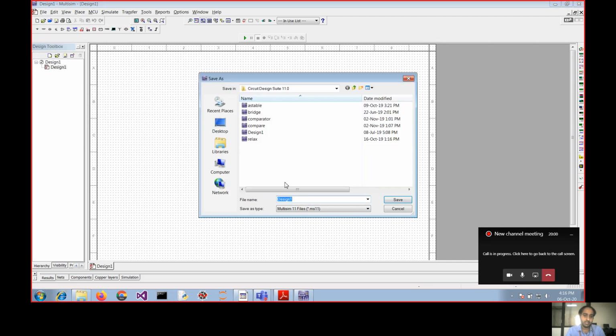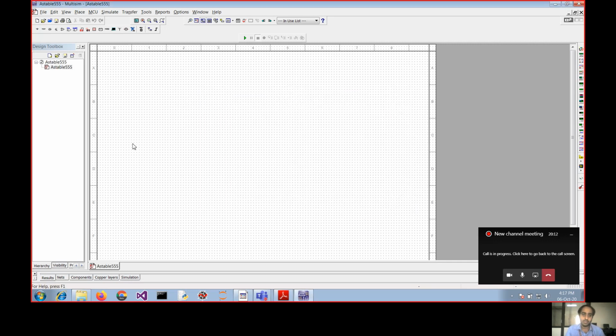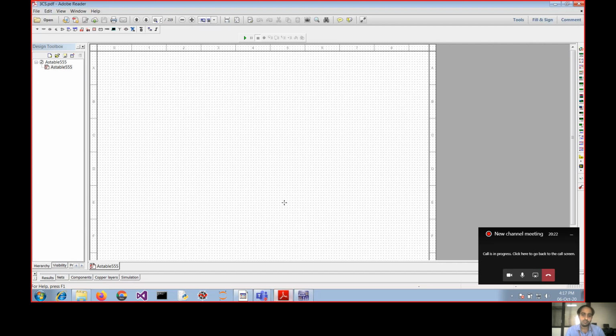So first, save as. Let me save it as Astable. I am doing an Astable, so I am going to save this. Yes, now you can see on the left side of the window, Astable 555, that is the name of it. Now if I go according to that figure,